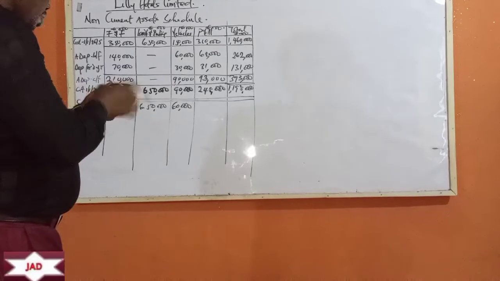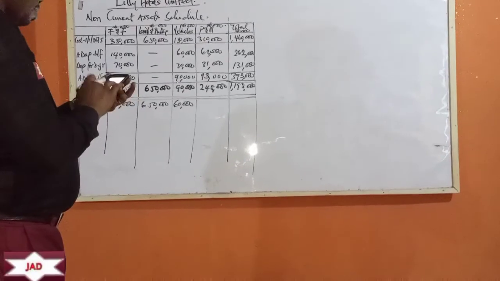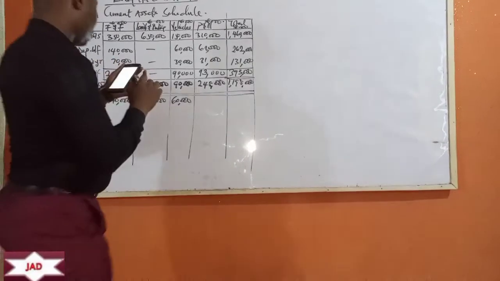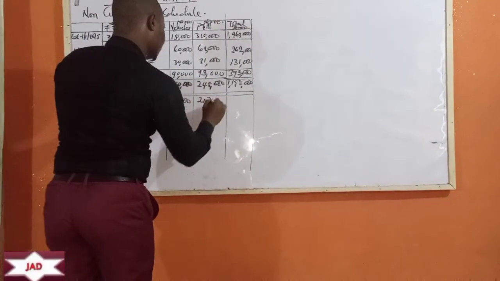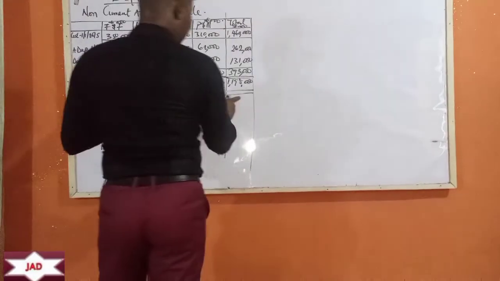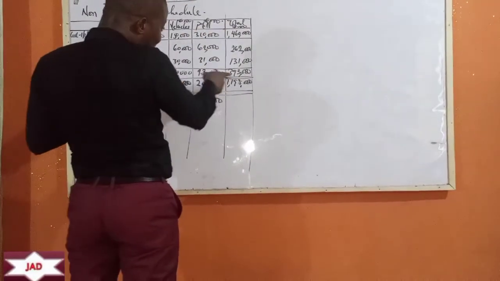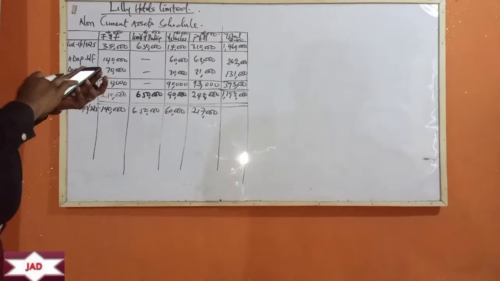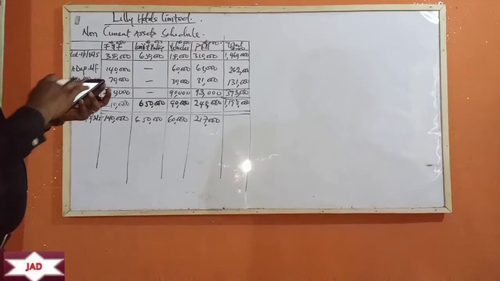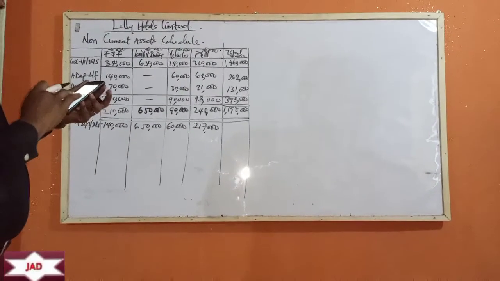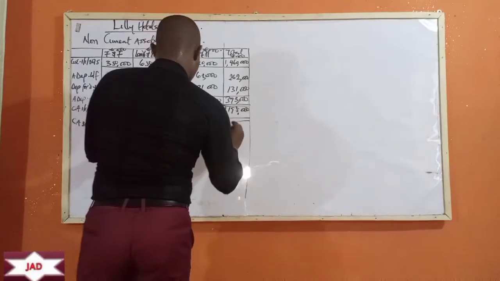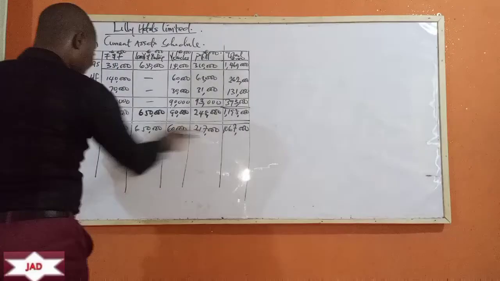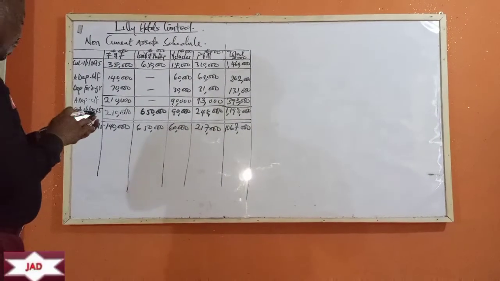So we have 310,000 minus 93,000. So what do I have here? 217,000. If you add up everything here, or you just say 1,460,000 minus 393,000, what do I have here? I have 1,067,000. If you add up everything here, it should give you the same value, just for a check.